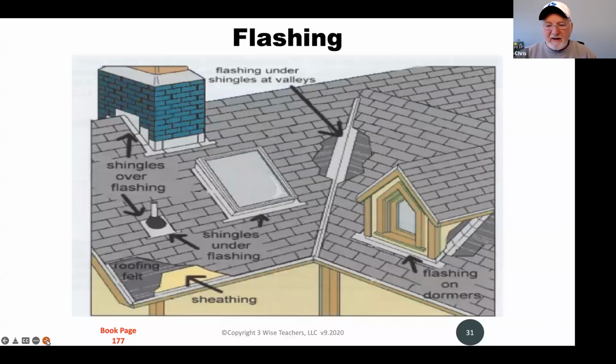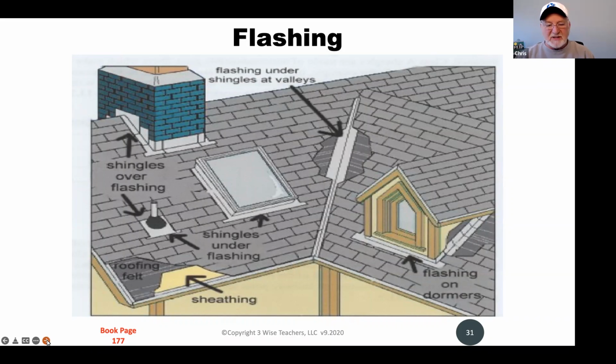Now, when you take a look at the flashing here, basically what flashing does, that's where an angle comes together. You see the two different roof structures coming together. Obviously, there's a punch out to the front, and then you have the main roof. Because of that, it creates an angle, and it also creates a place that would be easy for water to seep through, because you had to make cuts there. So what the flashing does is it goes under the shingles, and it creates a barrier that's impervious to water at the place where two separate roofing structures meet, or two separate angles meet.